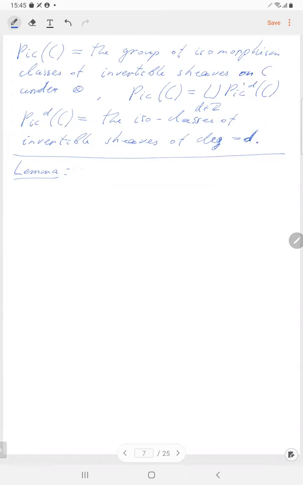So what happens with global sections of invertible sheaves? First of all, if we have a degree 0 sheaf, then it has no global sections,